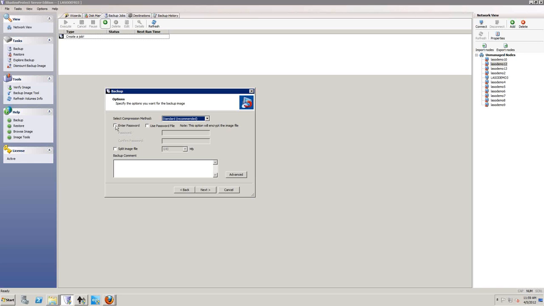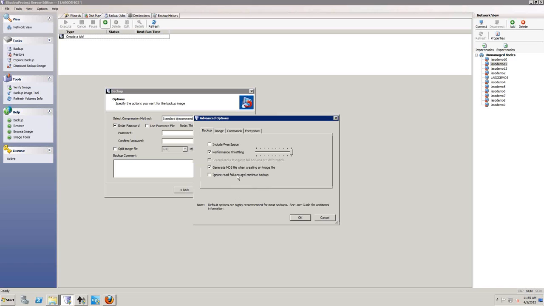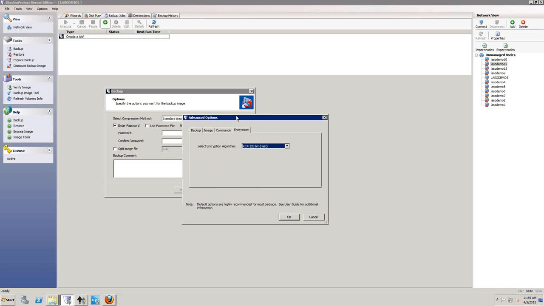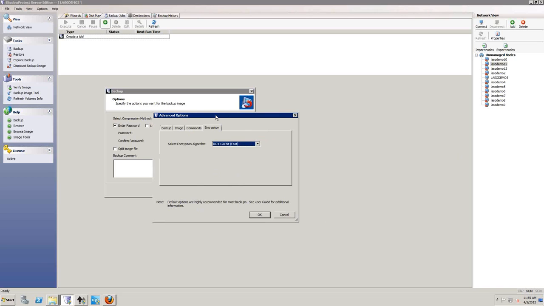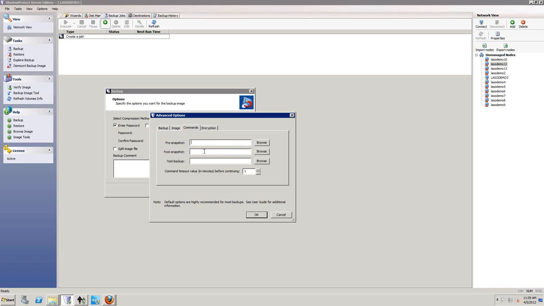If you desire to have more security on your local images, you can enter a password, click Advanced, and then choose your encryption algorithm. Also, the tabs to look at on advanced options are the commands tab, and there are some scripts in here made for a database that you want to stop and start when the backup is running. The image tab here has one thing worth mentioning that I enjoy, the enable self-healing incremental